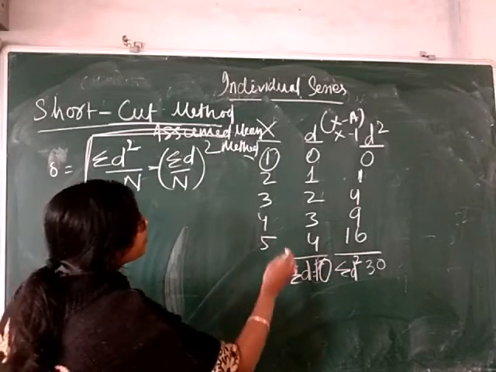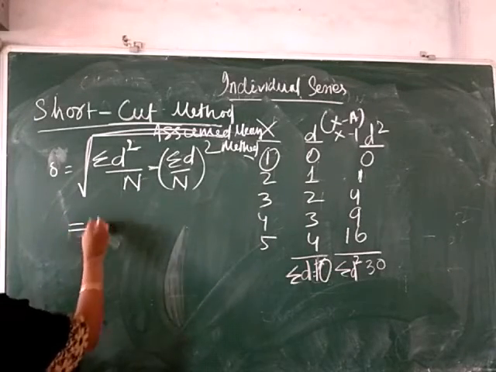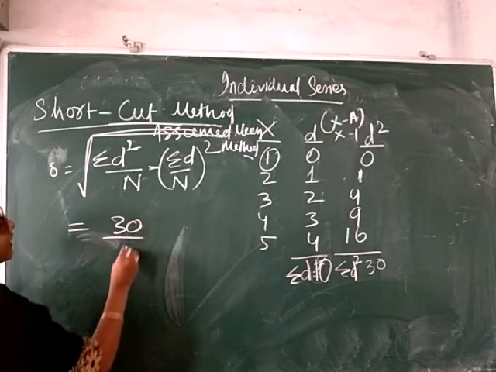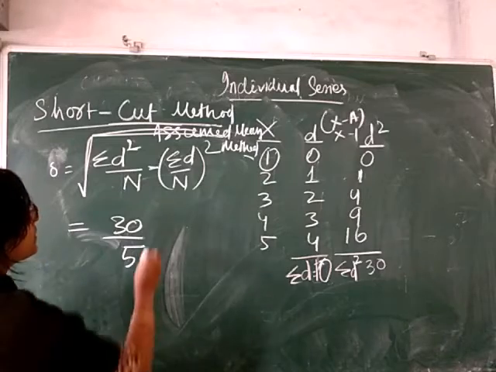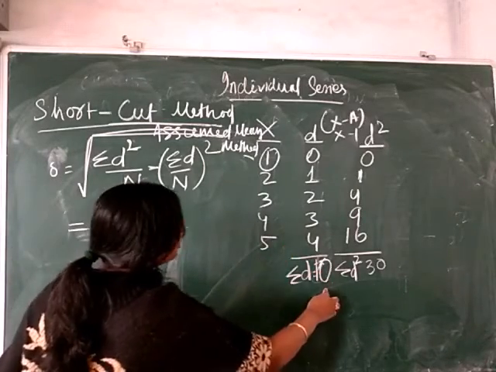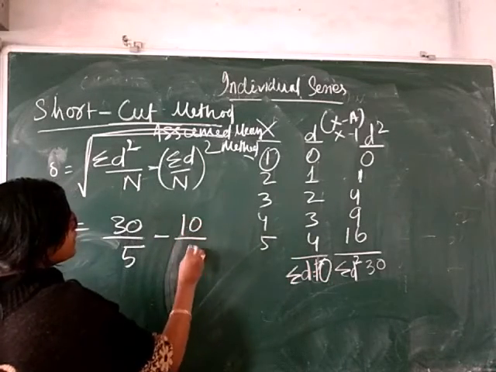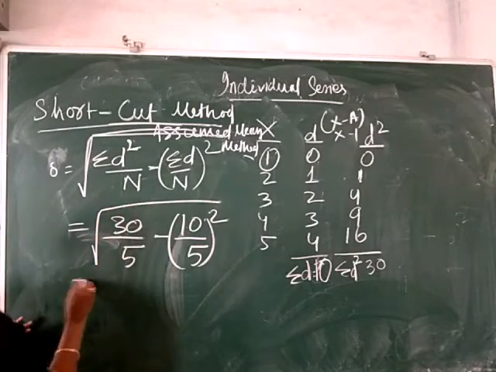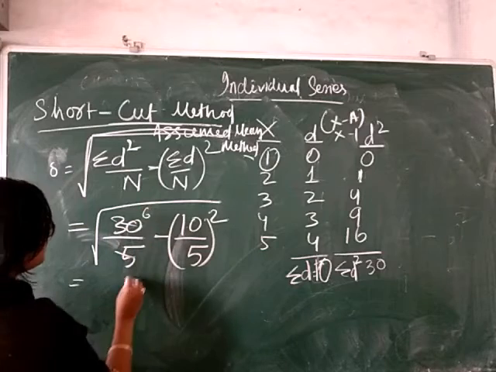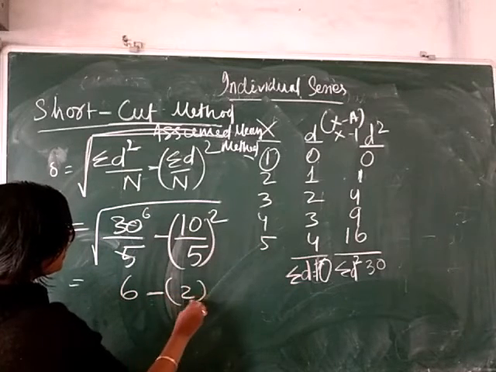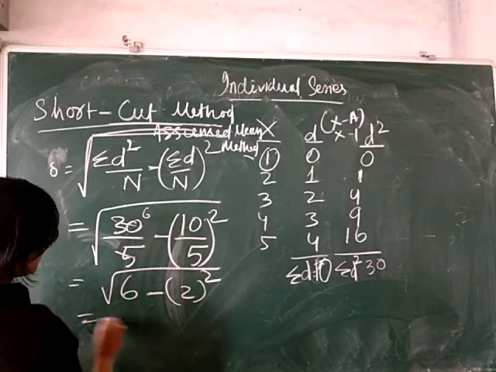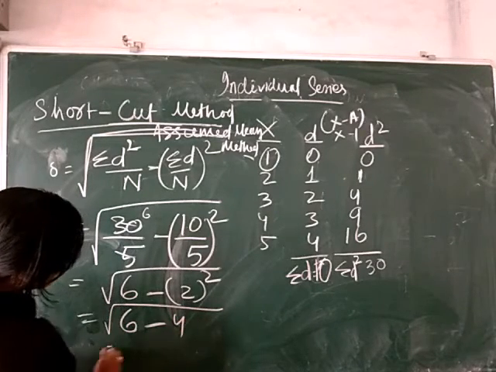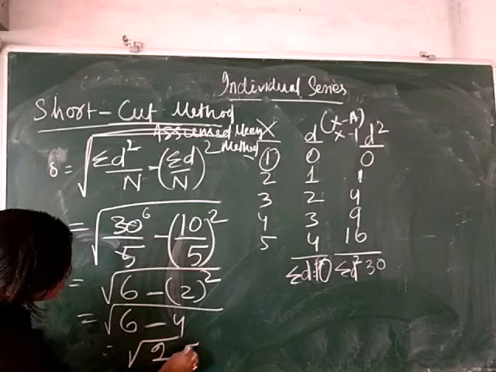Now we will put in the formula of standard deviation: summation of d square equals 30 divided by n, the number of observations, that is 5, minus summation of d equals 10 divided by n equals 5, whole square, and its square root. That will be 6 minus whole square of 2, that is square root of 6 minus 4, that is square root of 2, and the answer